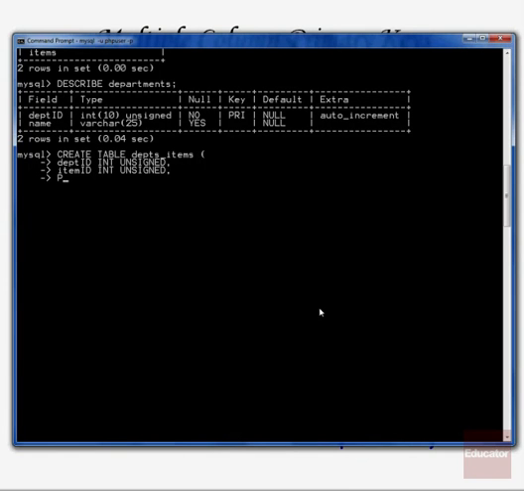And then we're going to add that new clause that we learned about to signify a multiple column primary key. And we're going to say that we want the primary key to be comprised of the columns department ID and item ID. Close the table definition and run it. It's going to let us know that it was okay. If we describe this new table,